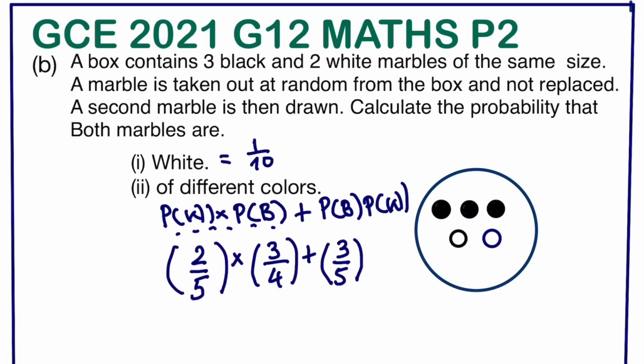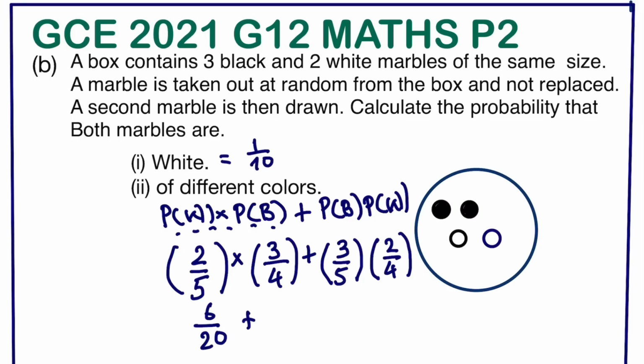If one black is taken out, we'll be left with a probability of having a white here equal to 2 over 4. So then we can multiply and simplify. If we multiply 2 times 3, that will give us 6. We're going to have 6 over 20